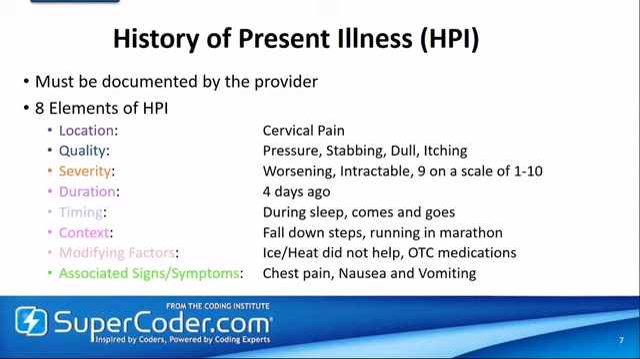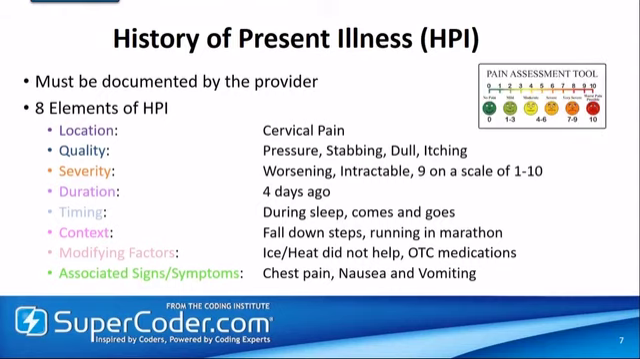Duration, the pain started 4 days ago. Timing, during sleep, comes and goes. Context, the patient fell down the steps or was injured running in a marathon. Modifying factors, ice and heat did not help. Over-the-counter medications were taken. And associated signs and symptoms, chest pain, nausea, vomiting,